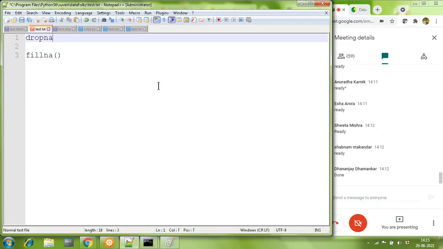To be very honest, they don't expect this answer. They say it's okay: dropna would drop all the rows of a particular column that are NaN, and fillna will fill the NaN values with whatever you say. For example, if you say that NaN values should be filled with 0, then wherever you have not available values, they will get filled with 0.